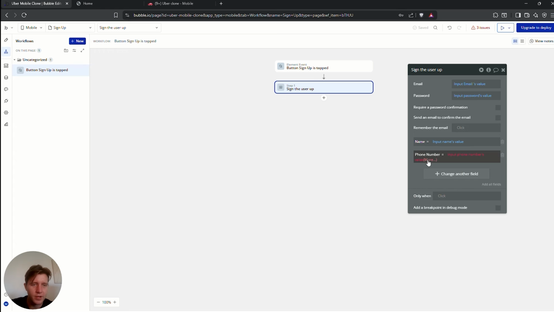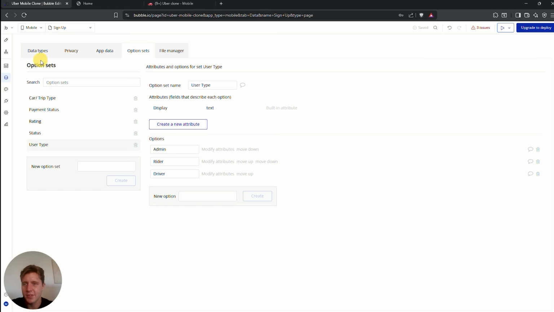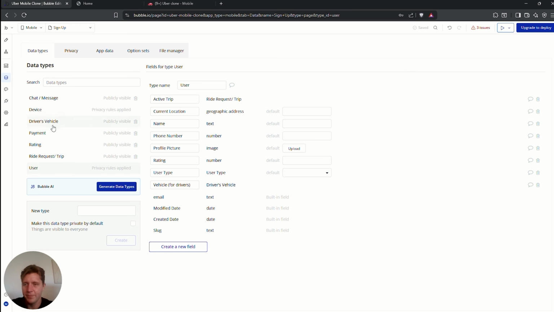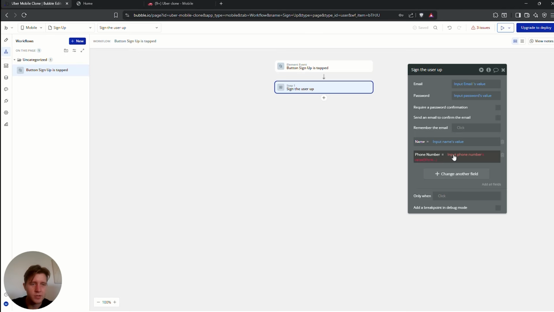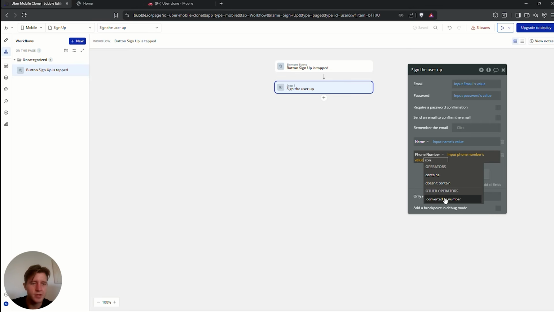Okay, let's go have a look. So I think as our phone number in our user types is set as a number, we need to actually convert that number, text number, into a number. So you can see here, phone number is a number type. So input phone number's value, and we're going to type converted to number. Perfect. So there you go. Now that would sign the user